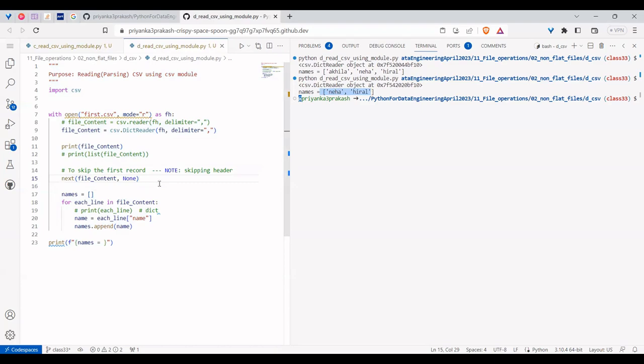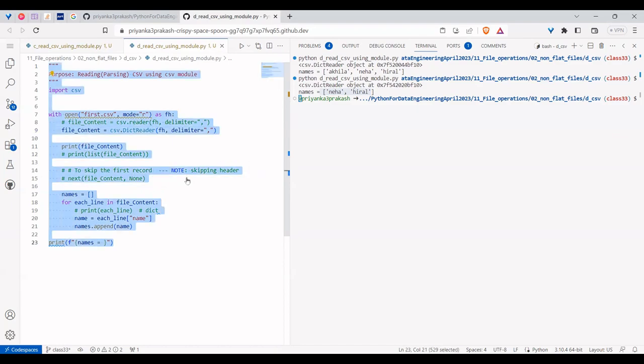So we should not skip a header. So no, skipping is not needed. For DictReader, header skipping is not needed. For other cases, it is needed, so that you are aware. Next, using this further,